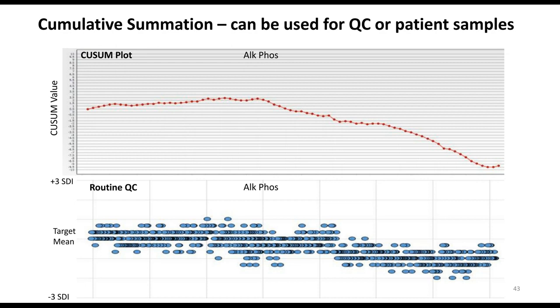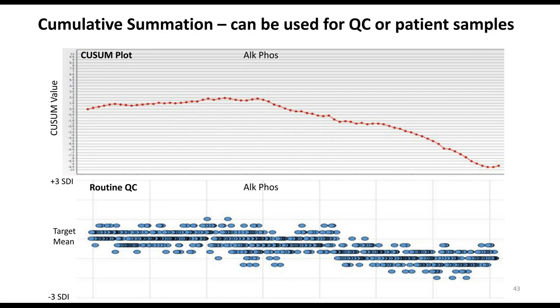Cumulative summation is another approach that can be used. Calculation of the sums of differences for QC values from the target mean is a powerful way to detect measuring system issues earlier than routine statistical QC approaches. In this approach, the sum of the standard deviation intervals for a specified number of QC results, for example, 33 results, is plotted. If the measuring system is stable, that sum should always be the same.